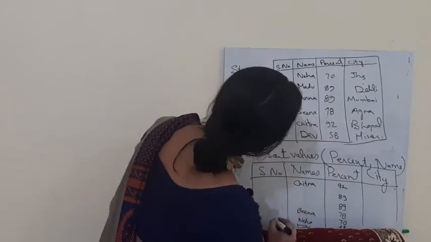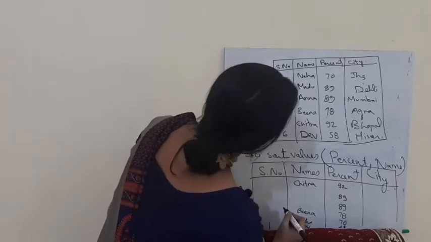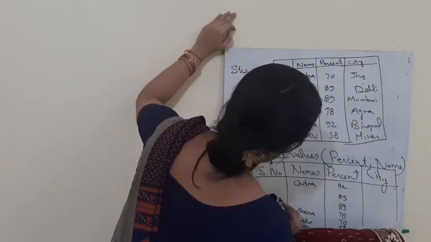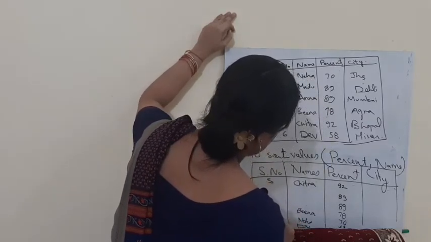The serial number goes 1, and for Madhu, let it be Madhu, and Chitra number 5, Dev number 6,